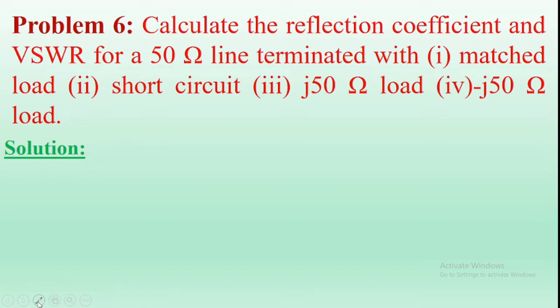So given that, coming to the solution, the characteristic impedance Z0 is equal to 50 ohms, and the load impedance is: first bit, a matched load; second bit, terminated by a short circuit; third bit, the transmission line is terminated with load impedance j150 ohms; and fourth bit, the transmission line is terminated with load impedance minus j150 ohms. So calculate the reflection coefficient value and voltage standing wave ratio value. So coming to the solution, given that